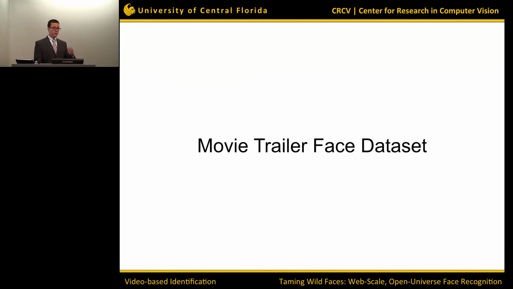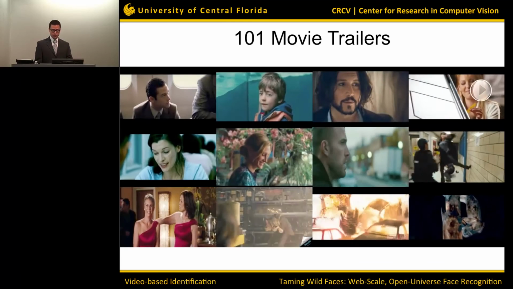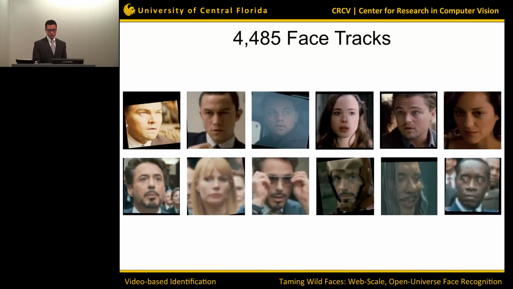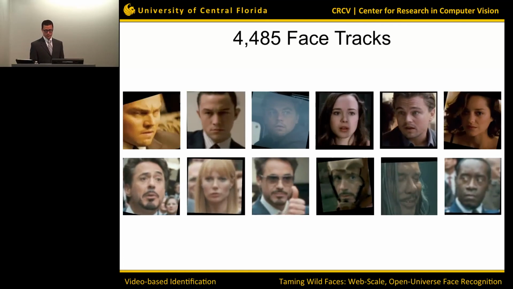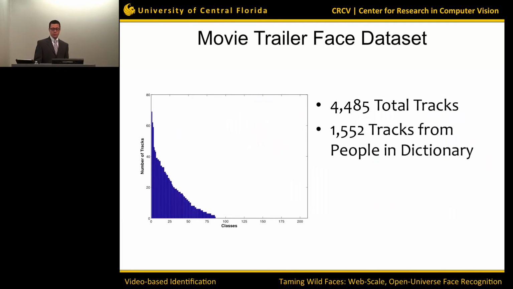We collected a new data set to evaluate this OpenUniverse scenario, and so what we have is 101 movie trailers that we downloaded from YouTube from the year 2010. What this results in is about 4,500 face tracks, and a small sampling is shown here. Of these 4,500 face tracks, about 1,600 of them are tracks from people in the dictionary, and on the left what we see is a distribution of the number of face tracks to the identities in the dictionary. So we have 210 identities. The dataset consists of the public figures dataset that's been supplemented by 10 more people that we did a Google